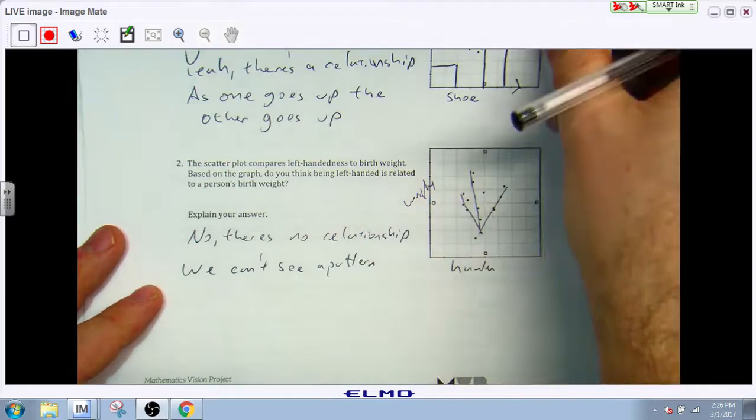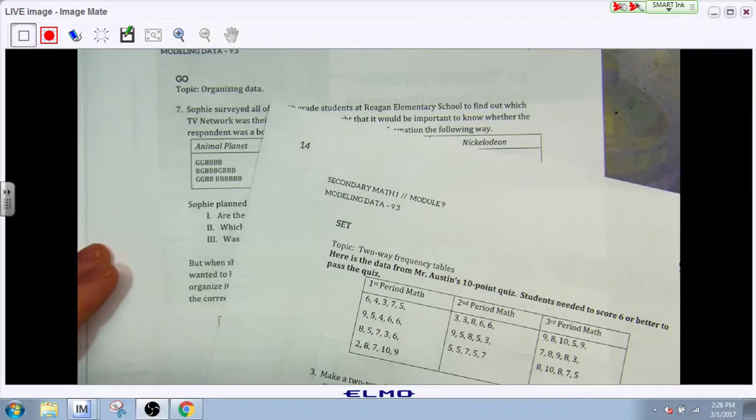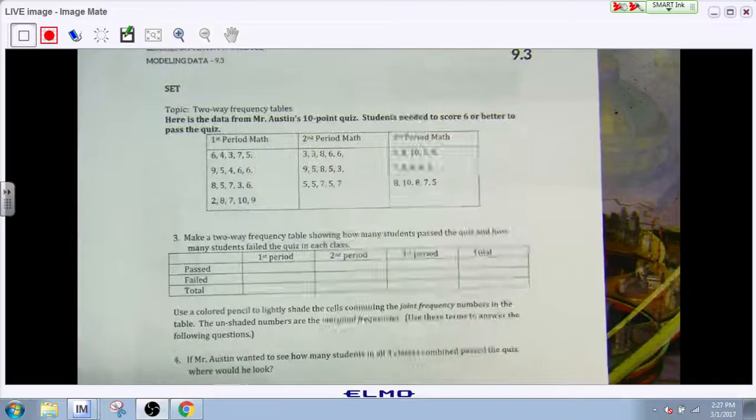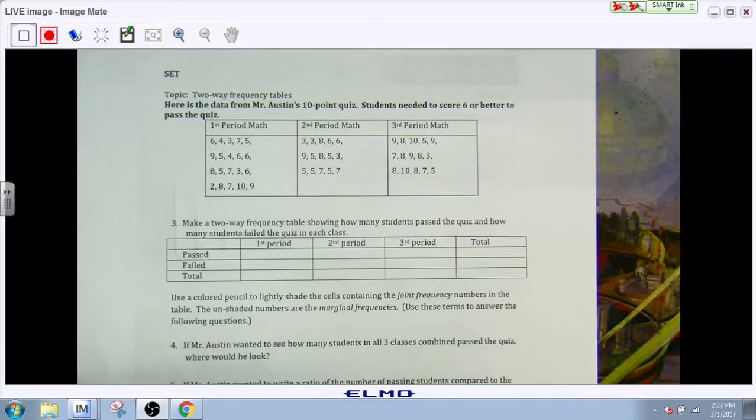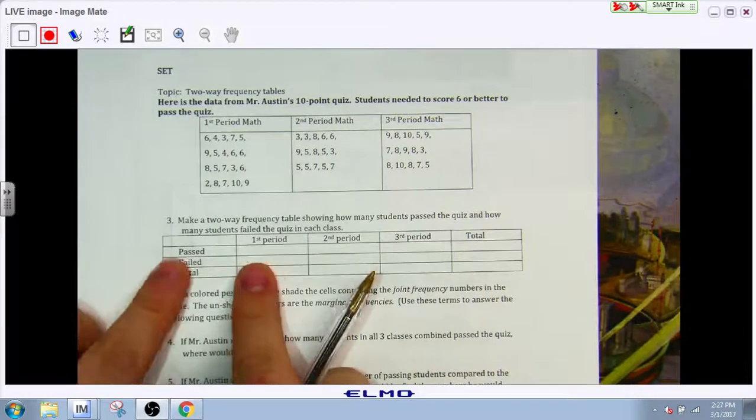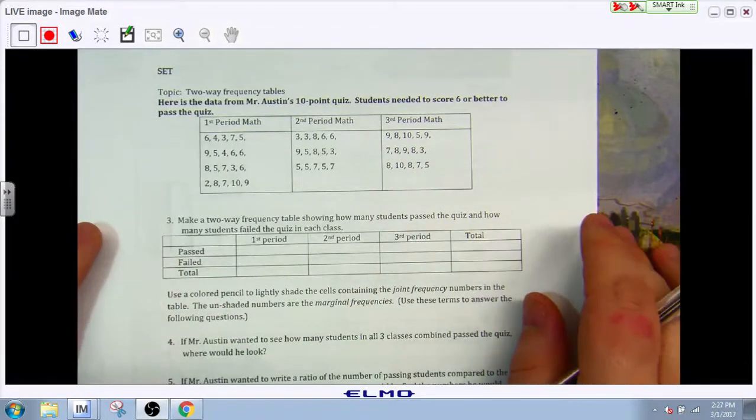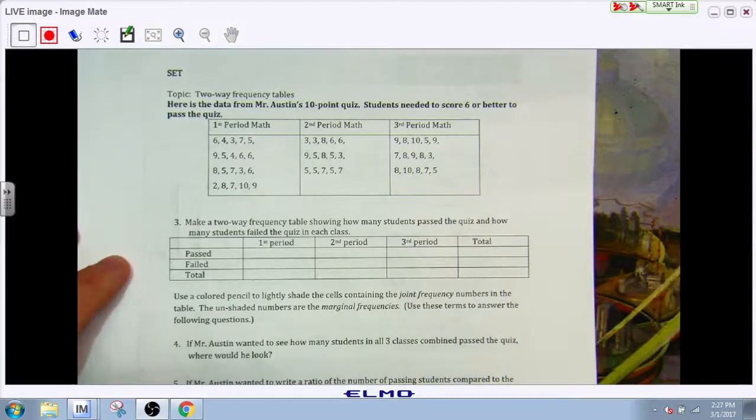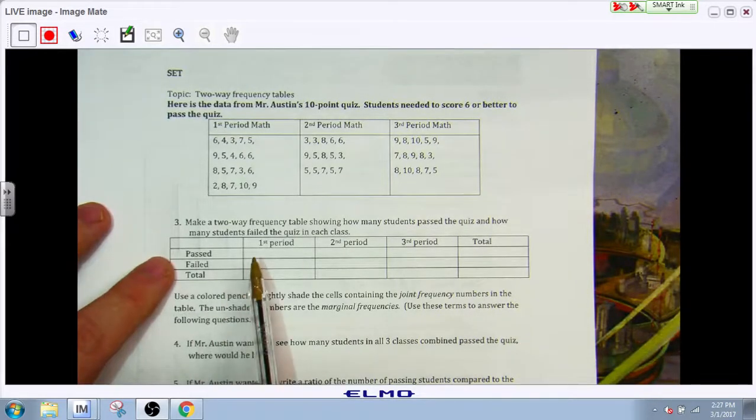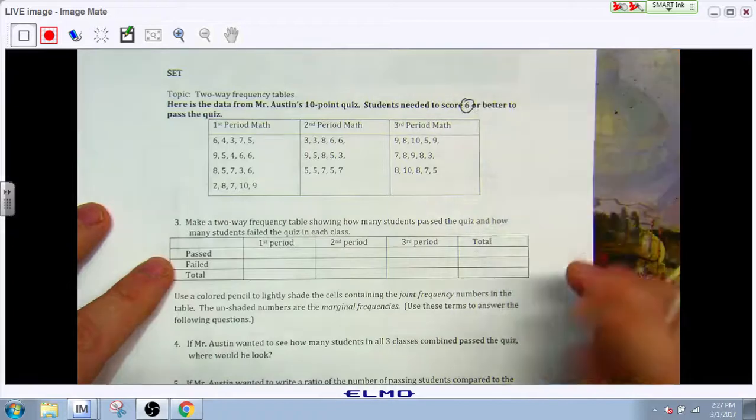Cool. Let's turn the page. So now we're doing two-way frequency tables. Here's the data from Mr. Austin's 10-point quiz. Students need to score a 6 or better to pass the quiz. And we have all this information. So we're going to make a two-way frequency table that shows how many students passed the quiz and how many students failed. So if we need a score of 6 or better,